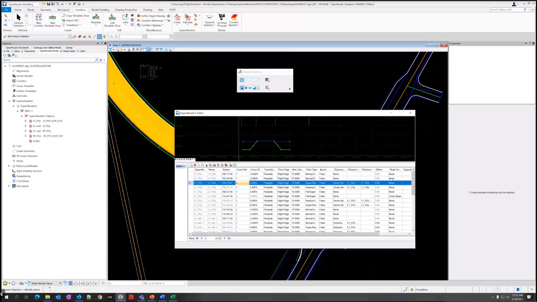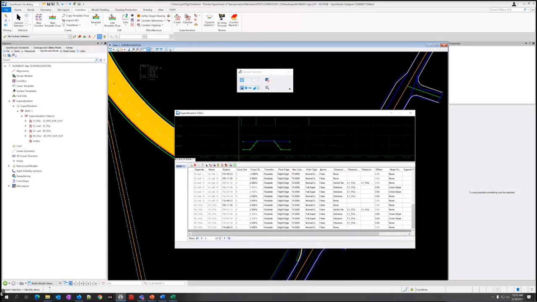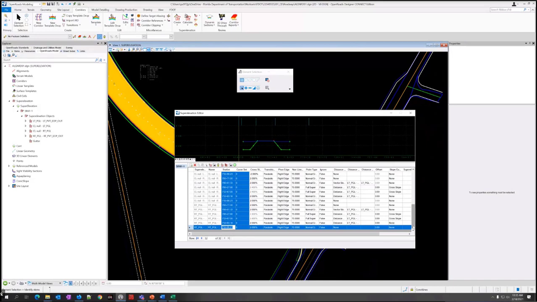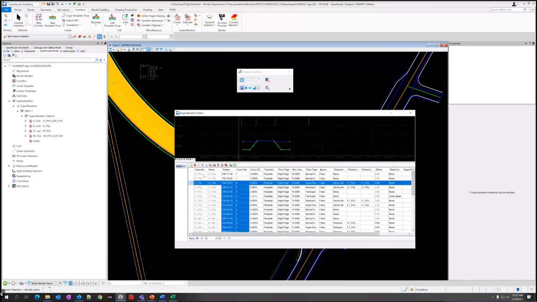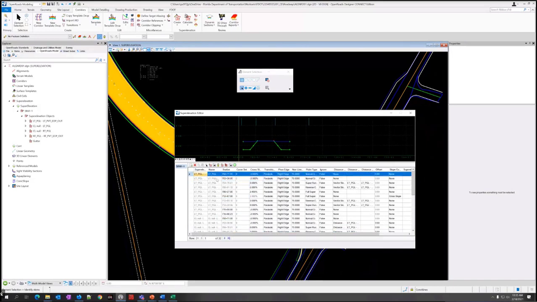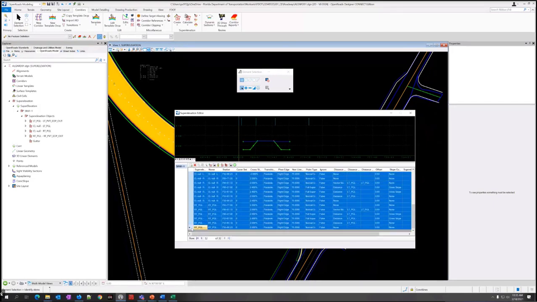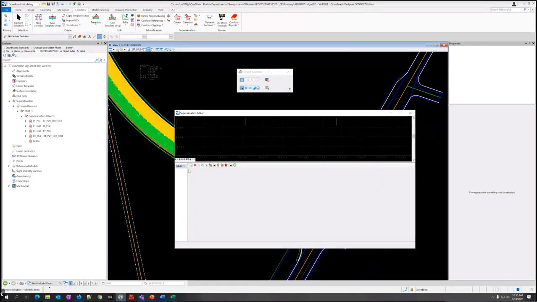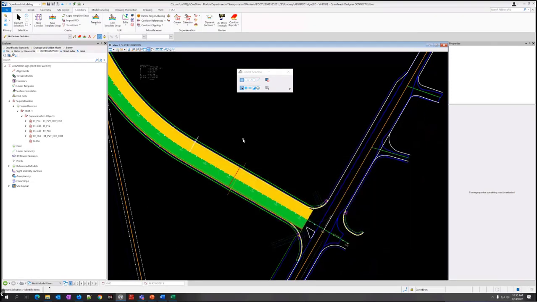Since the transition isn't set up for the gutter, I want to just clear these out so we can recalculate everything in another step later. So I'm going to scroll down to the bottom, hold down Shift, and click on the last row. So that selects all the rows. Well, it should. Hold on. You've got to make sure that first row is selected first. Then scroll down, hold down Shift, and select the last row. Might be better to click over here on the left. So now everything's highlighted, and I'm going to hit the red X over here, the second tool in this little toolbar at the top, and delete. And then close this out.